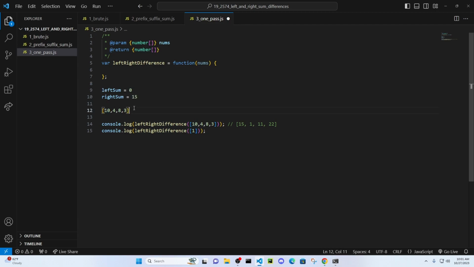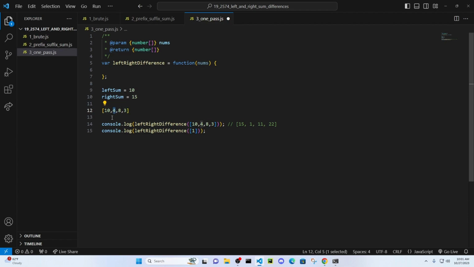So we'll get 15. Now 15 is the total of the elements to the right. Left sum, it's 0. So we'll perform our calculation, and then before going to the next iteration of the loop, we'll add our current element to left sum,